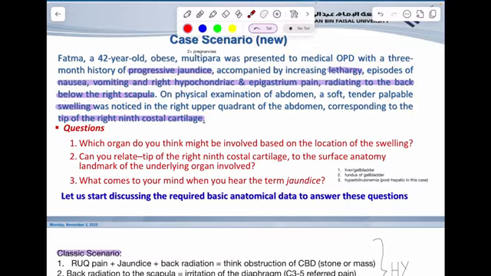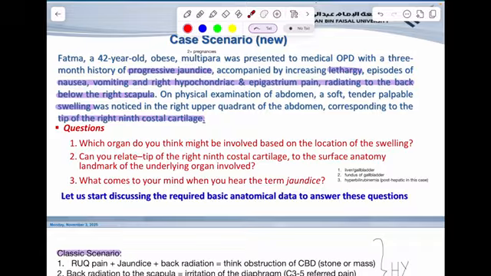On examination, they found swelling in the right upper quadrant of the abdomen, corresponding to the tip of the right ninth costal cartilage. And here there are questions. It's asking us which organ it might be related to. This is going to be the liver or gallbladder. And then the tip of the ninth right costal cartilage is going to be a classical surface marking of the fundus